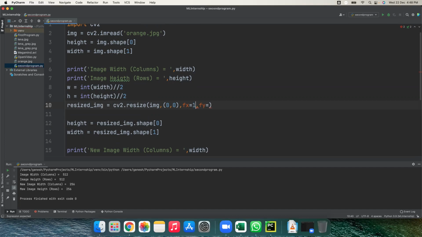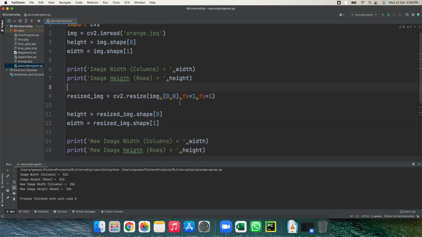If you are giving fx equal to 1 and fy equal to 1, it means you are resizing it as it is. If the width and height is 512 by 512, the output image is also 512 by 512. But if you want to make it a quarter size, then 0.5 and 0.5.